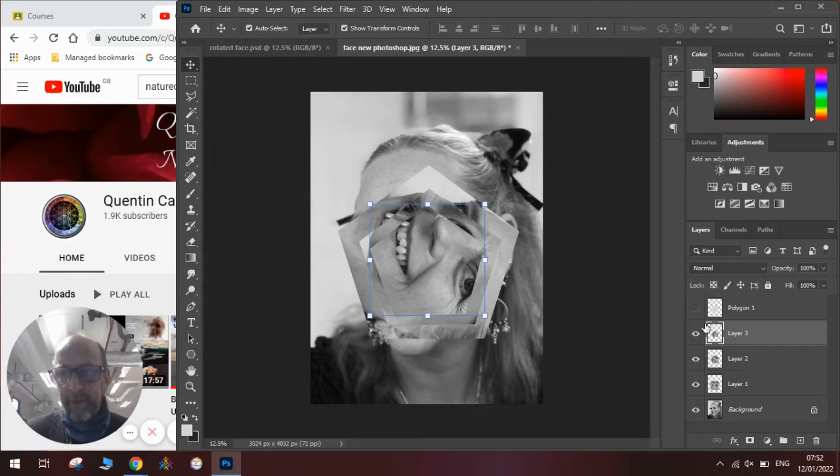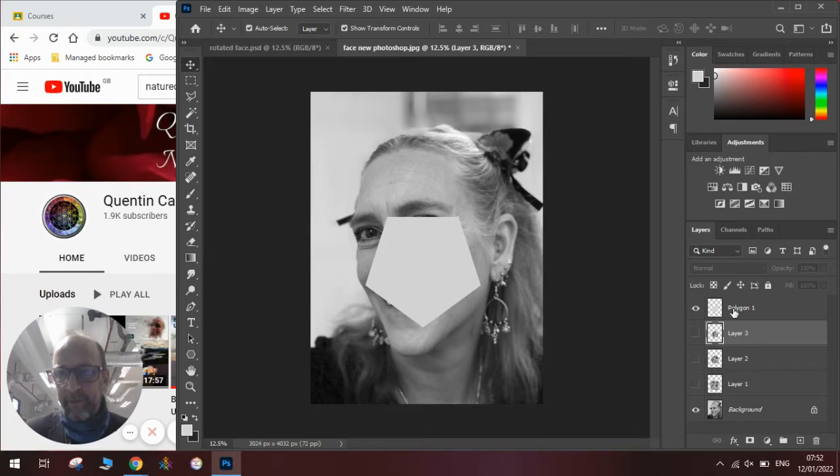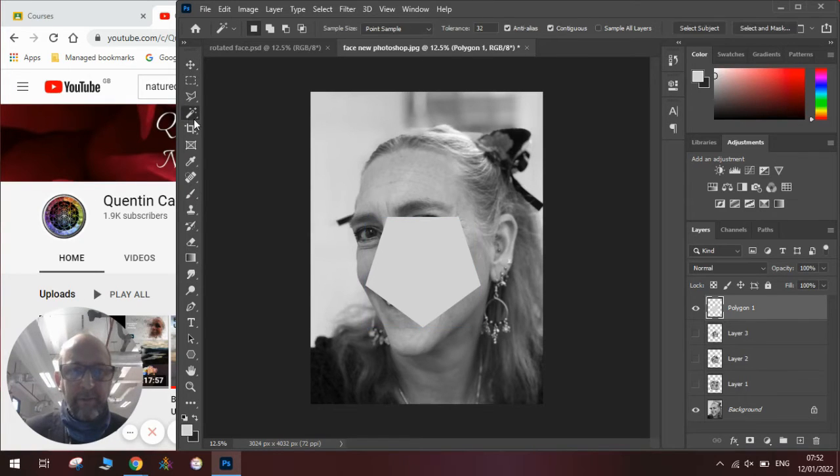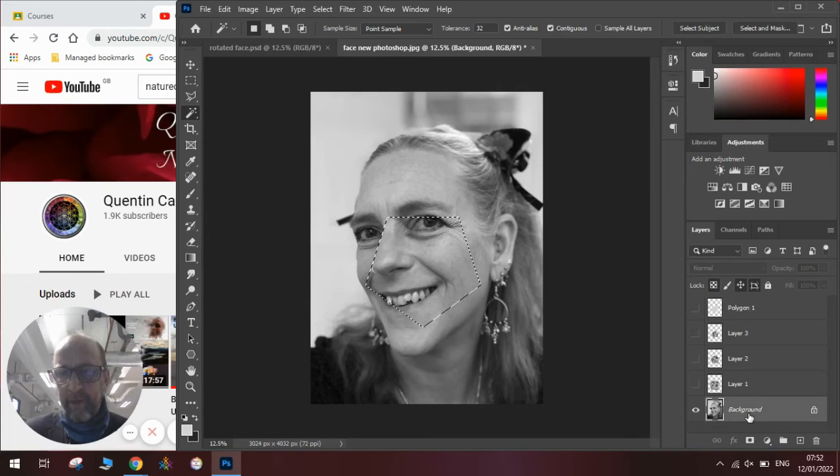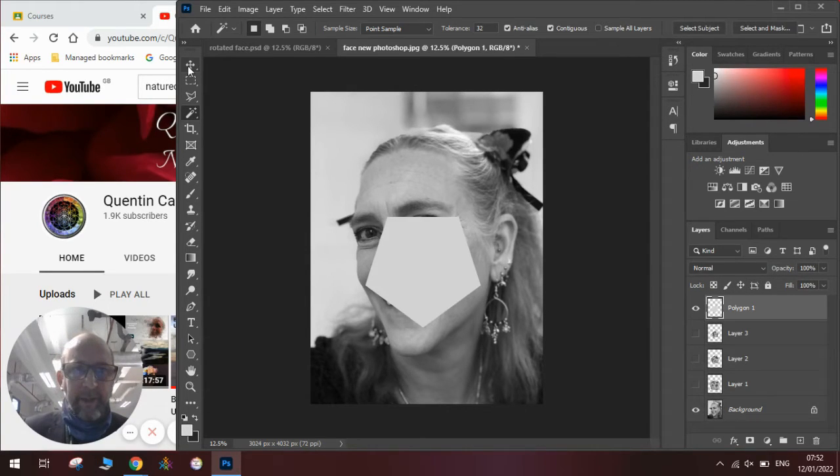We'll do 2 more, and then I'll show you how to add the drop shadows to them. So we press enter, hide the eyes, click on the polygon shape, go onto the magic wand tool, click on the shape, hide it, click on the background. In fact, we haven't made it small enough, so Control D to deselect, go to the polygon tool, make it smaller,